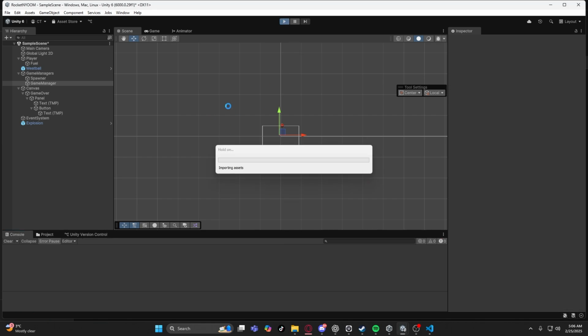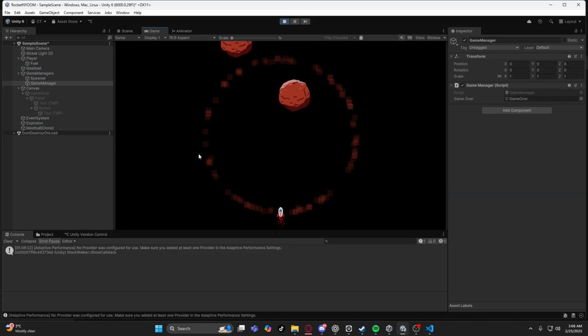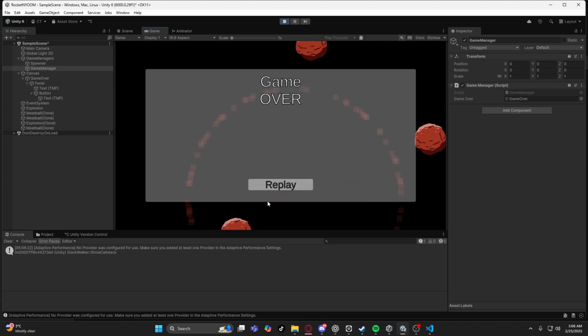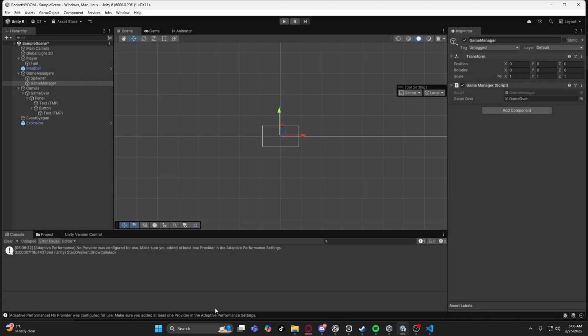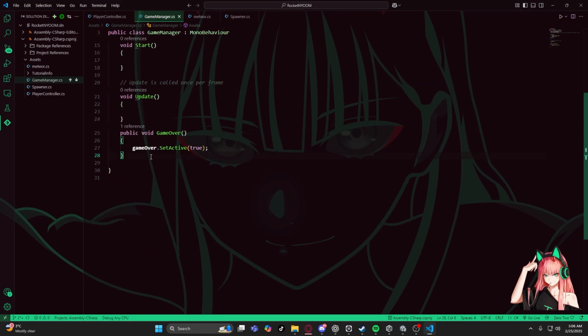It's going to be like an active thing in the menus in the game. Oh, boom, game over. We hit replay and it doesn't work. Why doesn't it work? Because we didn't set it up. So let's come in our game manager and we can make a public void restart